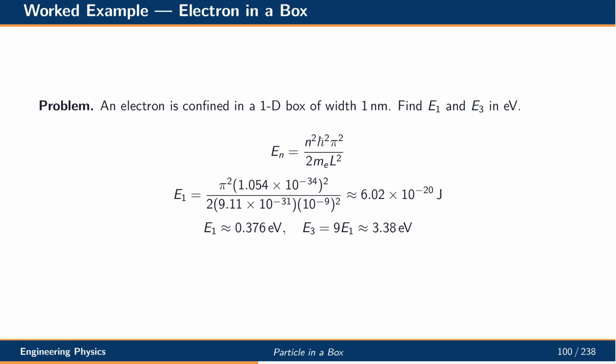Consider an electron confined in a one-dimensional box of width 1 nanometer. The ground state energy works out to roughly 6 times 10 to the minus 20 joules, or about 0.38 electron volts. The third level, with n equal to 3, is 9 times higher, around 3.4 electron volts. These values fall in the range of typical atomic energies, showing why nanoscale electronic devices